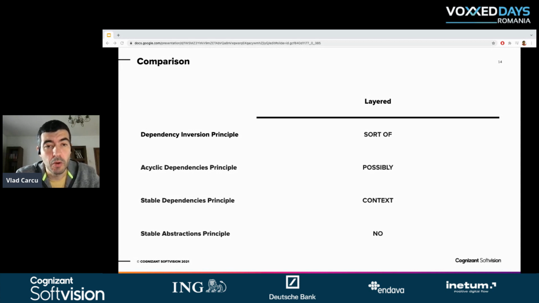And that's the whole key there, that stability should increase, abstractness should increase with stability. And if you don't have that relation, then it means that you're not respecting that principle. For hexagonal, things are a bit clearer. Dependency inversion principle, yes. When you define your ports in the domain inside the hexagon, that's when you've implemented the